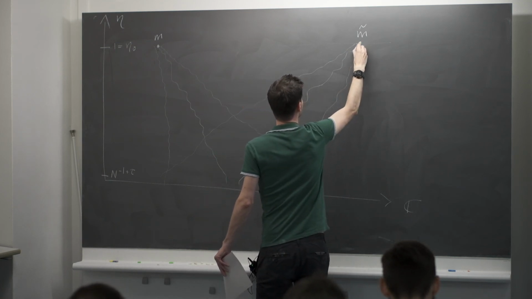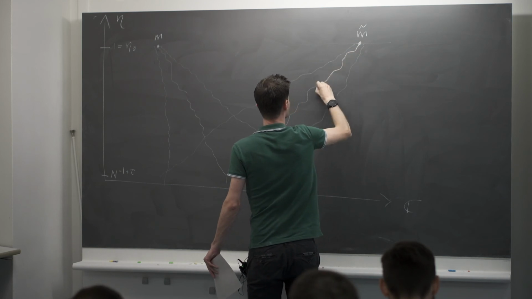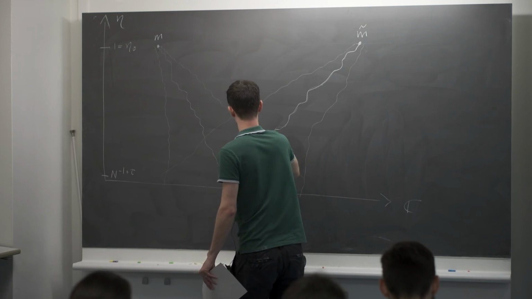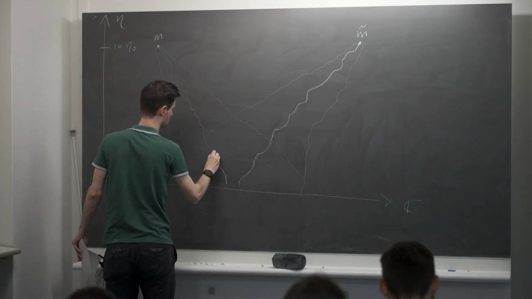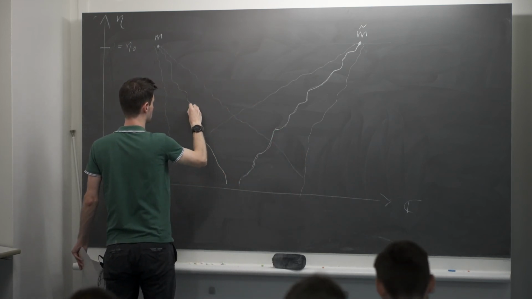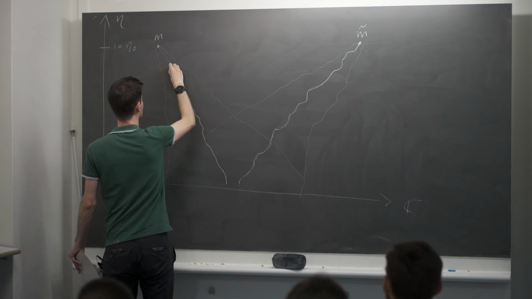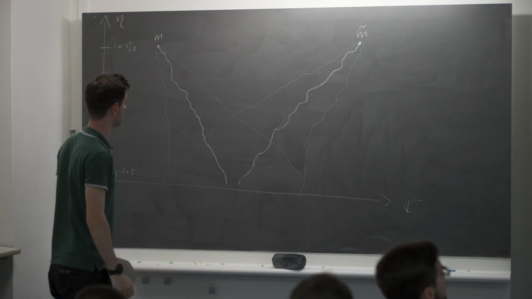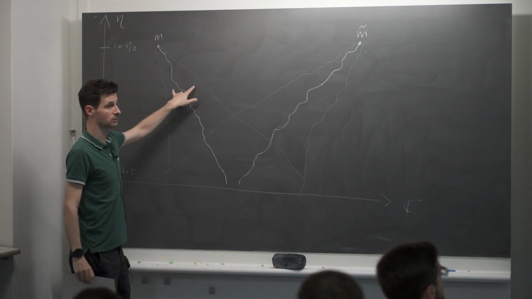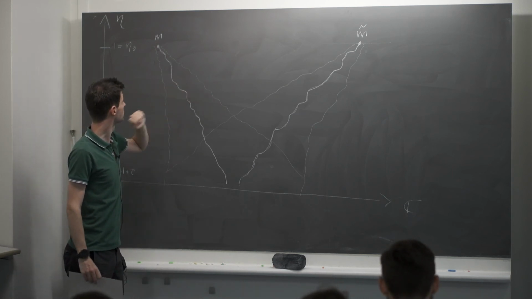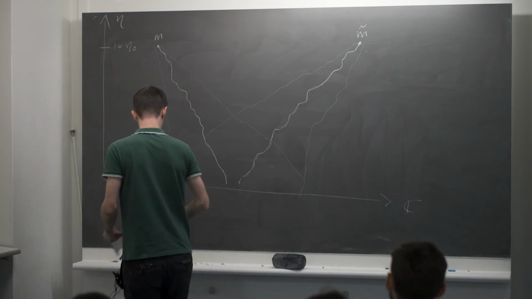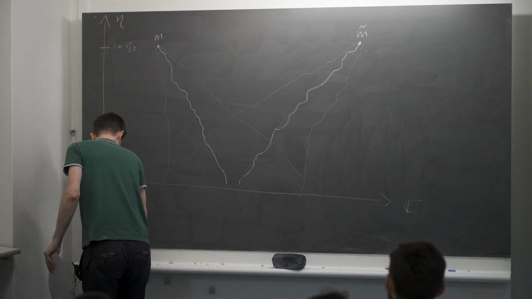Okay, so let me draw, maybe I should have drawn these in slightly fatter lines. So this is the actual value, and then this, okay, so this is m and m tilde, and I have a neighborhood of size square root of delta around each point. And this is how you see also very nicely how this continuity argument works.